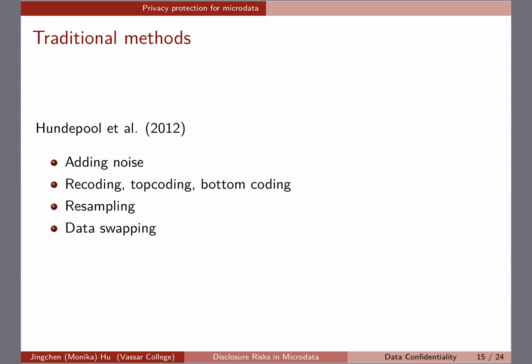For example, let's go with an example of protecting this income record. Let's suppose it's sensitive. In a survey, in addition to the income of the person, we have other demographics, and let's say income is the only sensitive information that we want to protect. Then adding noise can be done for each record of income. I randomly add a randomly drawn noise from a particular normal distribution to each record. So that's what we mean by adding random noise